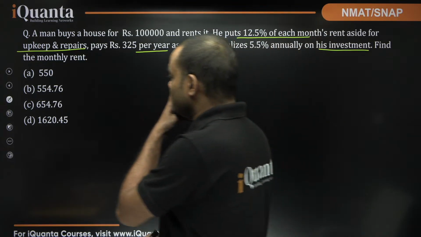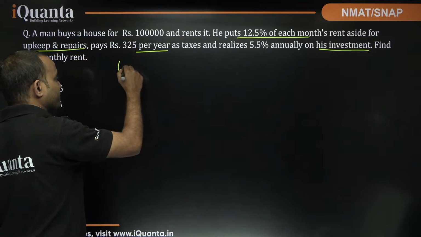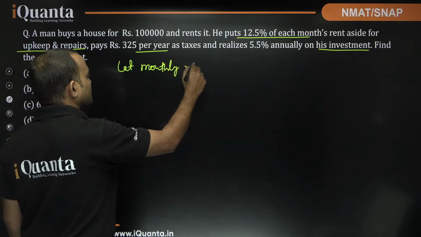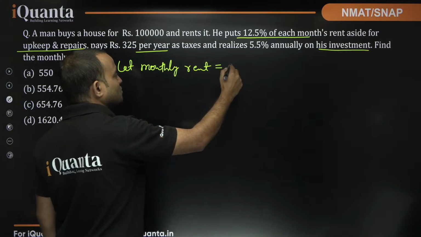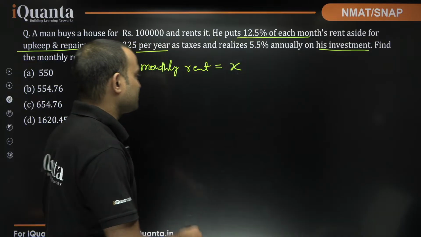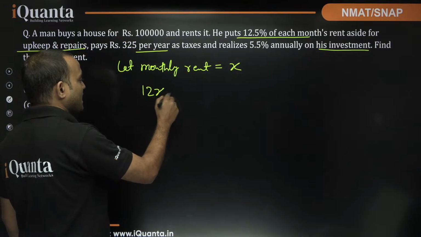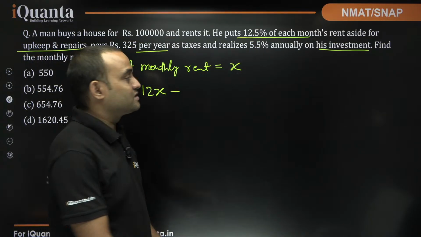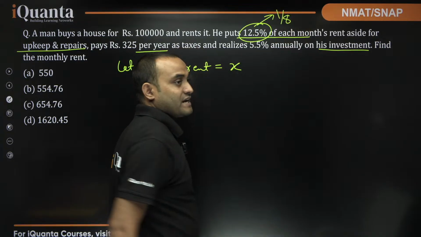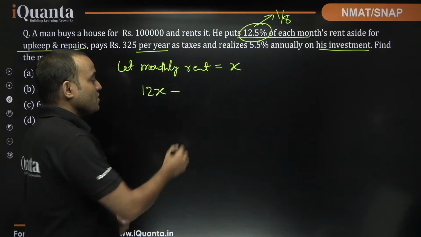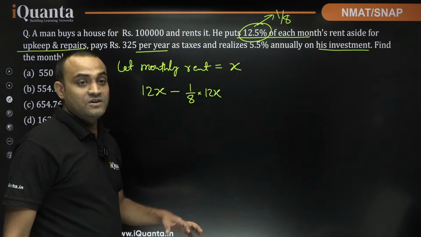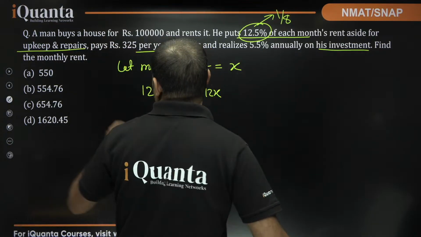So let the monthly rent be x rupees. So the annual rent will be 12x, and out of this total rent, 12.5%, which is 1 by 8, he will keep aside for upkeep and